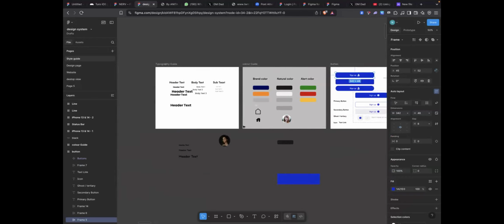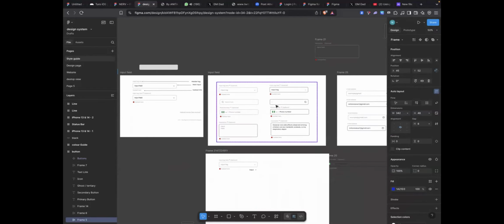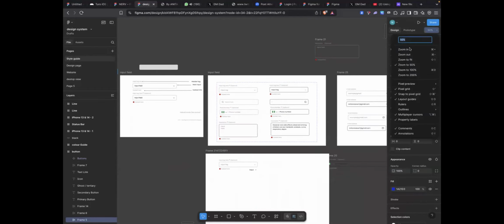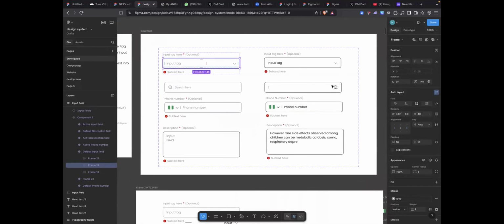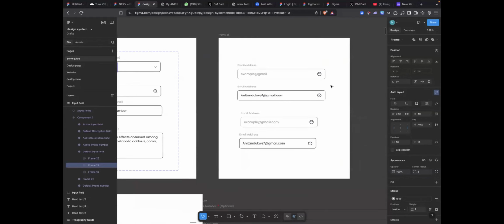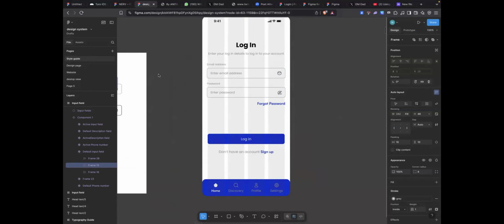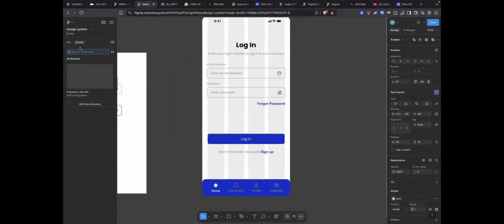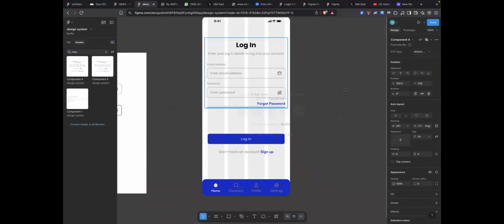I don't need to start designing buttons again. These are my input fields. I don't come and design again. You see it here, this is me reusing my input field for my login. I will just copy it and paste here, or you come over to your assets and look for inputs. So you see, this is how many come out as instances.